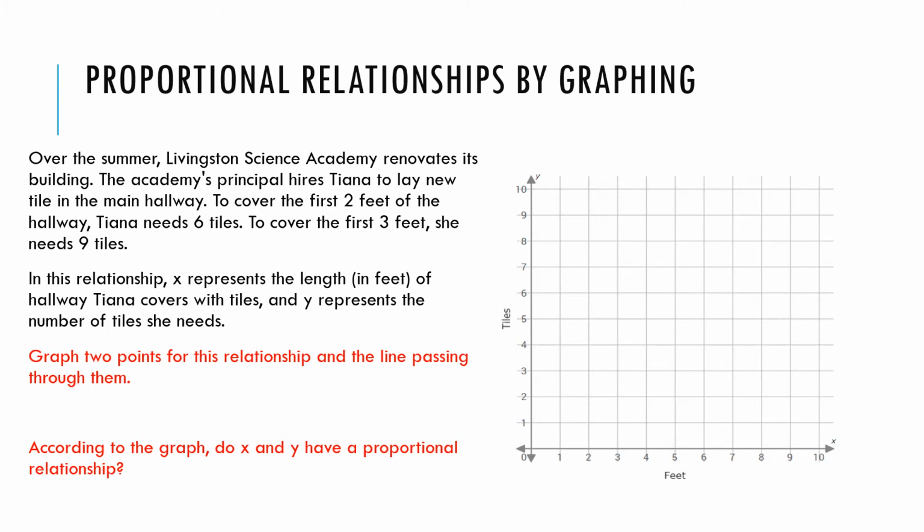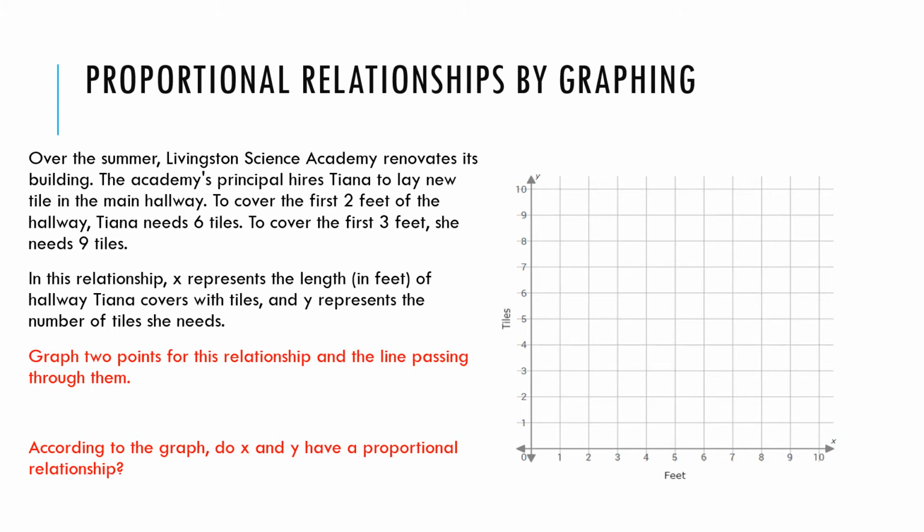Over the summer, Livingston Science Academy renovates its building. The Academy's principal hires Tiana to lay new tile in the main hallway. To cover the first 2 feet of the hallway, Tiana needs 6 tiles. To cover the first 3 feet, she needs 9 tiles. In this relationship, X represents the length of hallway Tiana covers with tiles, and Y represents the number of tiles